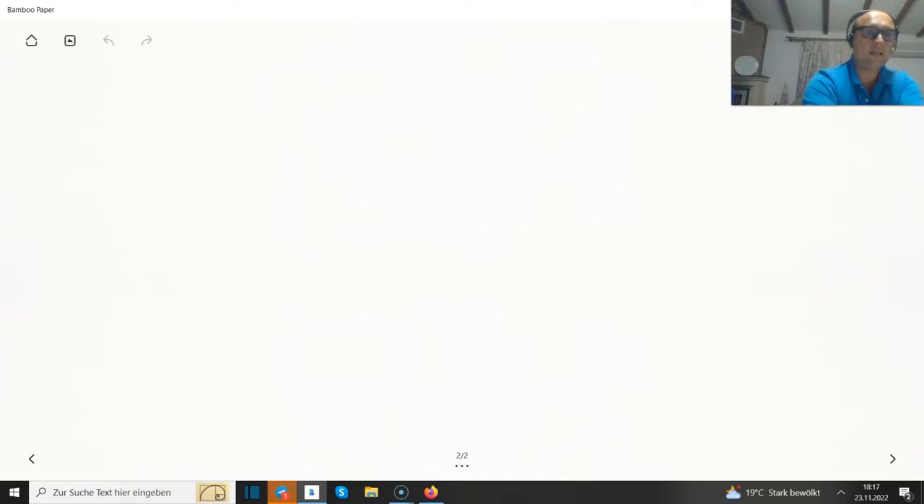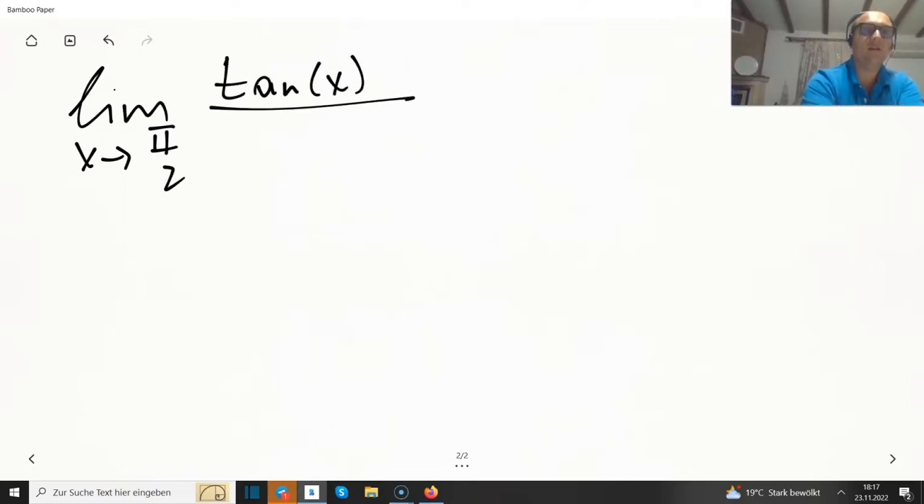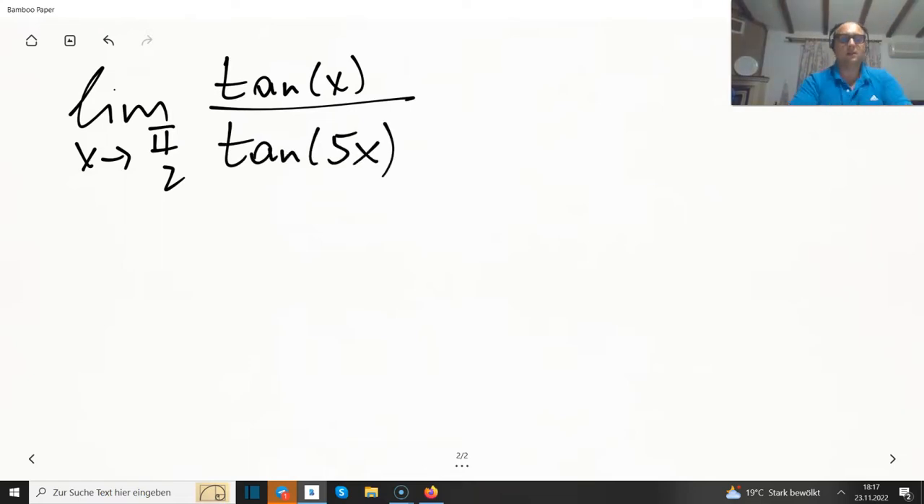So let's see, limit x towards pi divided by 2, tangent of x divided over tangent of 5x. Okay, so what's happening to tangent is exploding towards pi divided by 2. It's getting to plus infinity from the left-hand side, and from the right-hand side, it's going down to minus infinity. So it's not given from which side we're approaching pi divided by 2, but that would be infinity by infinity